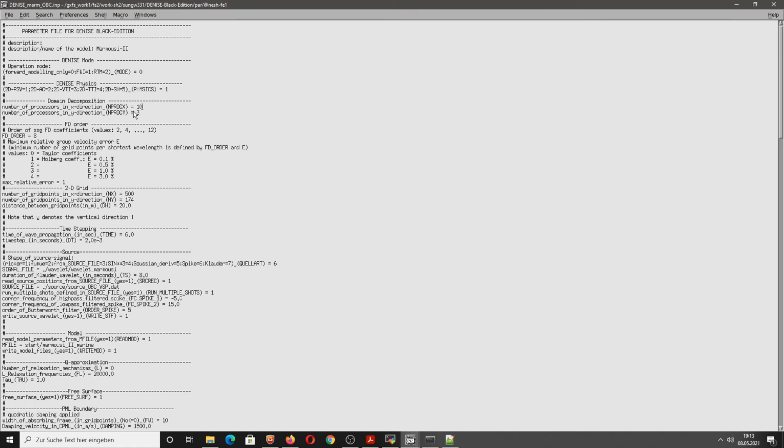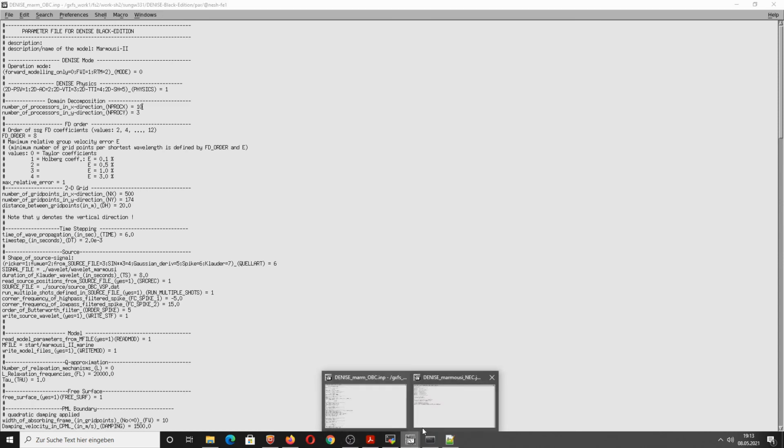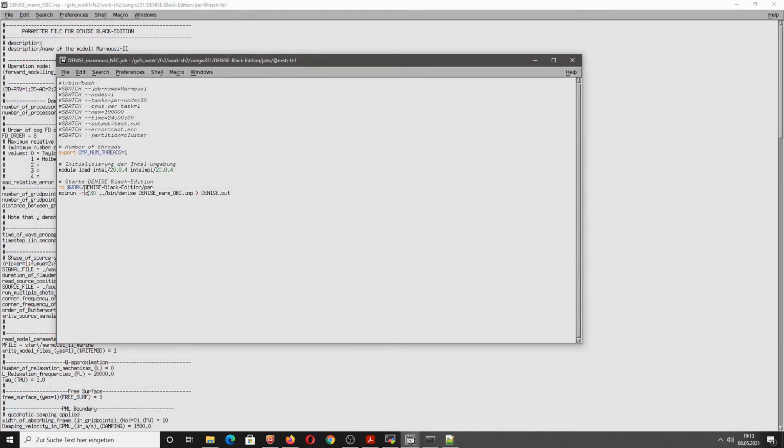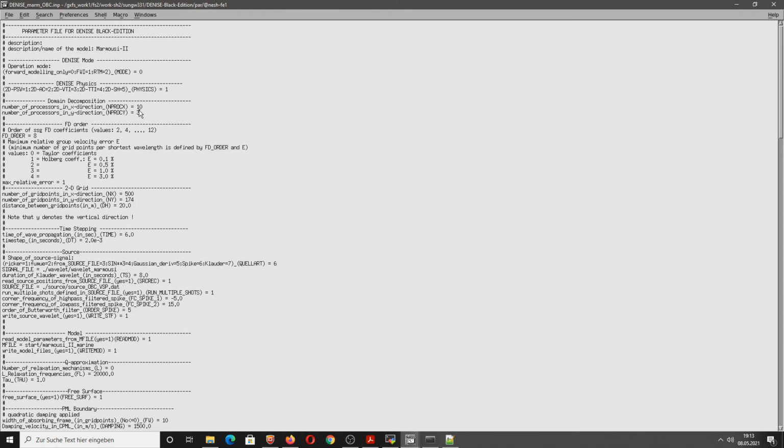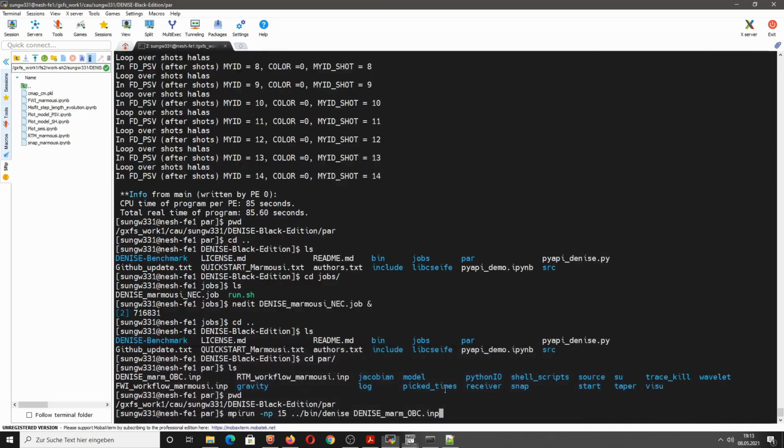This is really important. If these parameters here are not consistent with the parameters in the batch file, you will get an error message and the batch job will be cancelled. Okay, so this seems to be all correct.